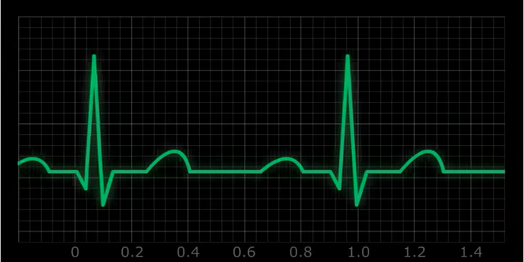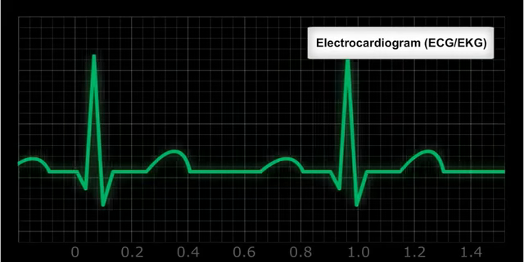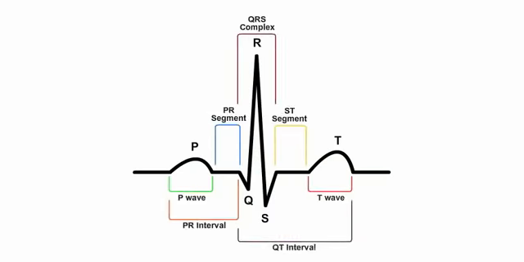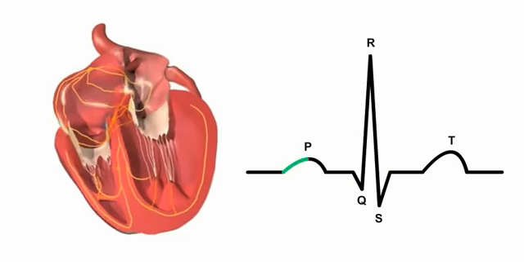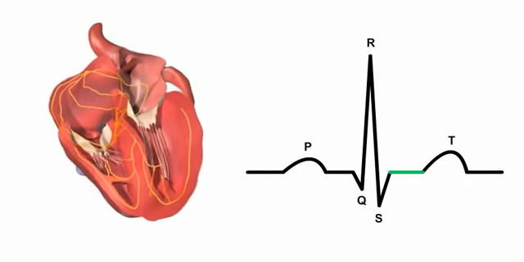This recording is known as an electrocardiogram, or ECG, sometimes referred to as an EKG, a tracing of the overall electrical activity of the heart, resulting from the propagation of many action potentials. Let's look at what happens during a single beat of the heart and how these events are depicted on an